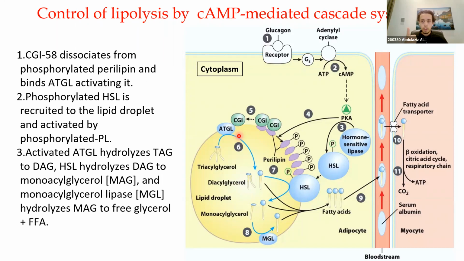It phosphorylated the hormone-sensitive lipase, and then it phosphorylated the perilipin. When it phosphorylated the perilipin, it caused dissociation from the CGI. The CGI went to bind and activate the adipose triglyceride lipase, and the perilipin, which is now phosphorylated, will go with the hormone-sensitive lipase, which will act as a complex together. So after this step, number 3 and 4,